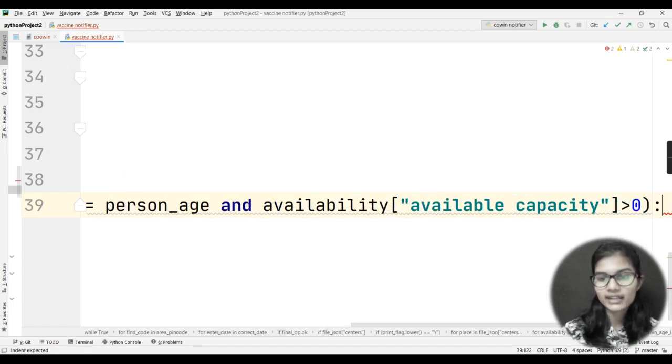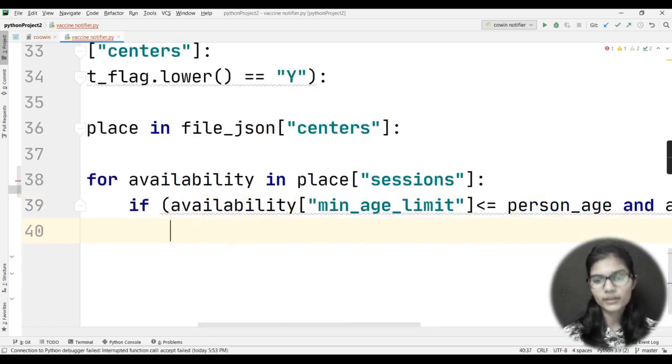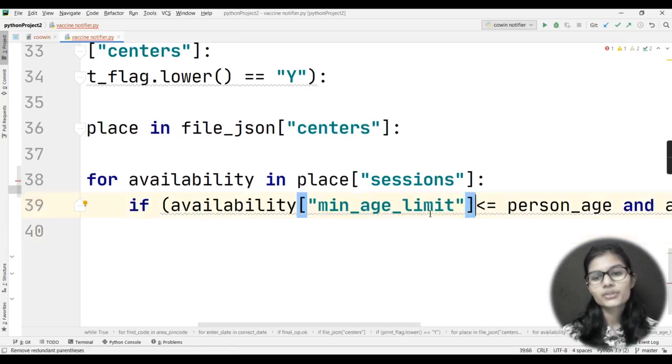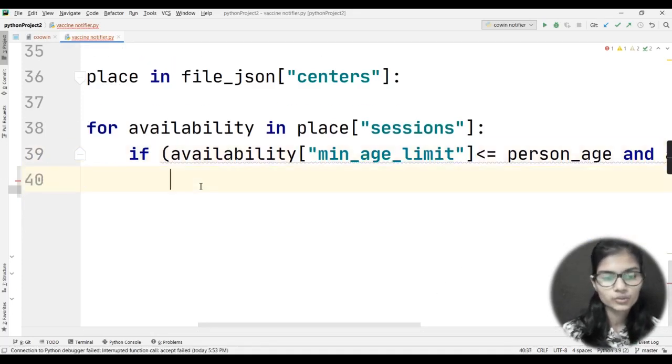That means if I have some availability for putting the vaccine, and if the person's age is greater than the minimum age limit. Minimum age limit means that right now we have only the minimum age limit, that is 18, right? A person less than 18 cannot take the vaccine, right? So that is only applied here, that if the person's age is greater than the minimum age limit, and if we have some availability, then what to do?